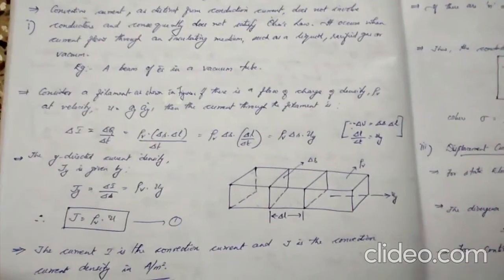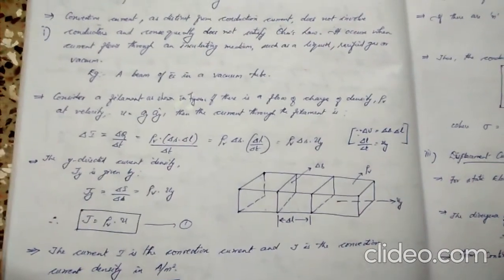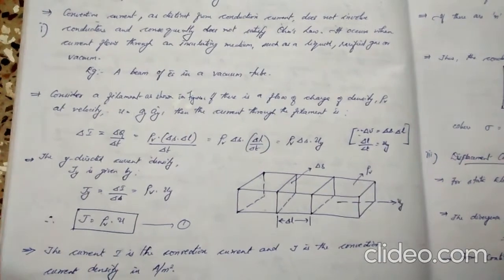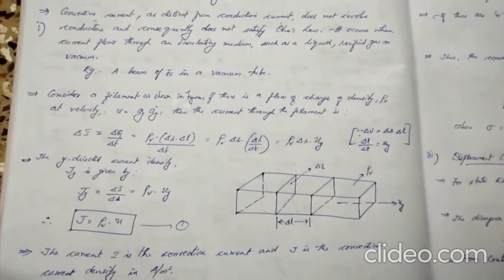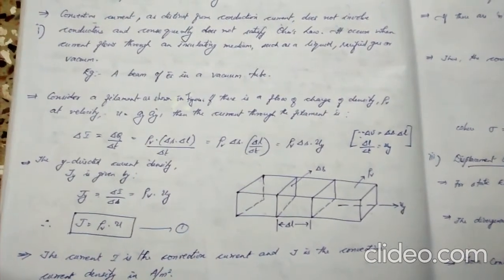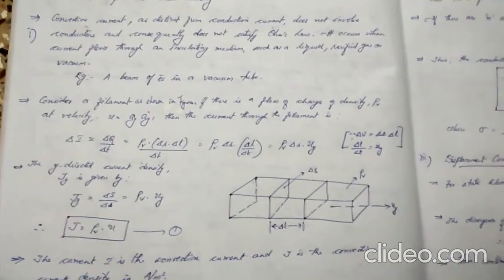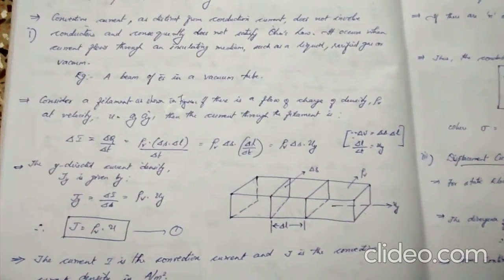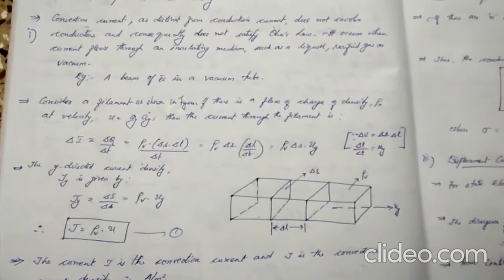So the first one is convection current density. So conduction current, you all know, it is the current flowing through any conductor, which will obey Ohm's law. Whereas in convection current, the current is not flowing through a conductor, whereas it is flowing through